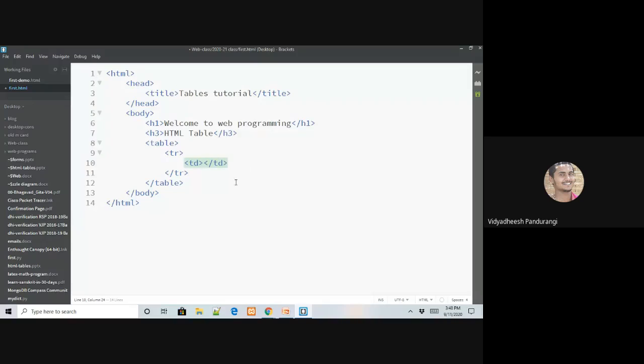Please make a note, a shortcut I'm telling here. If you would like to add more TDs, just be on this row and press Ctrl D to have as many as you want. I hope you are aware of this shortcut. If not, please note it.